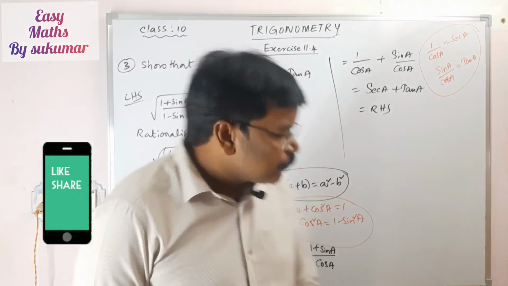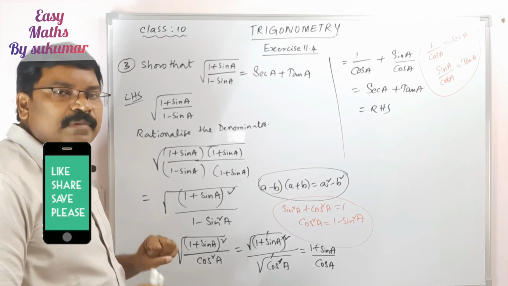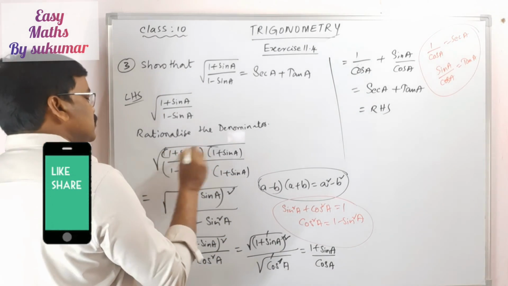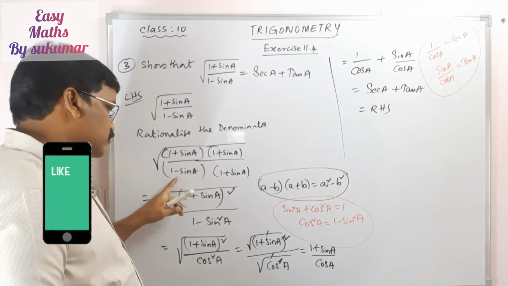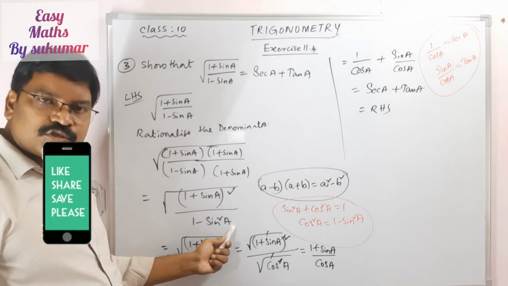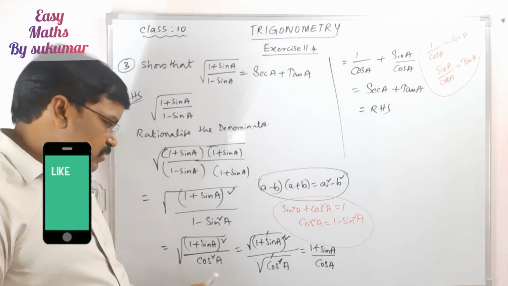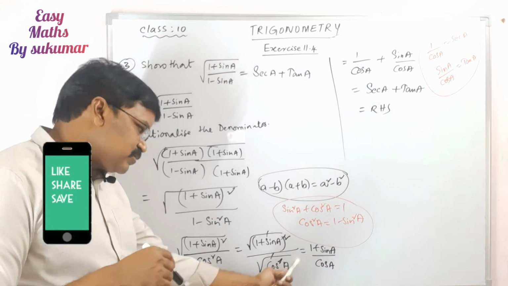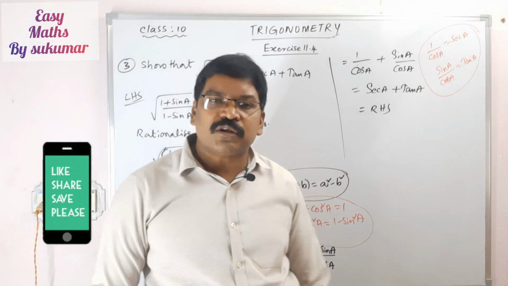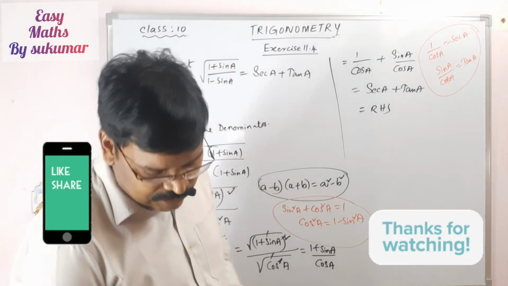My dear students, I have taken the LHS; the rationalizing factor of 1 minus sin A is 1 plus sin A, so I multiplied both numerator and denominator with 1 plus sin A. Then 1 plus sin A into 1 plus sin A means 1 plus sin A whole square, by 1 minus sin A into 1 plus sin A, which is a square minus b square, that means 1 square minus sin square A. So 1 plus sin A whole square by 1 minus sin square A is cos square A. Square and root cancel, giving 1 plus sin A by cos A. Just split this cos A: 1 by cos A plus sin A by cos A. 1 by cos A means secant A, and sin A by cos A is tan A. So this result is equal to the RHS. Hence it is proved.